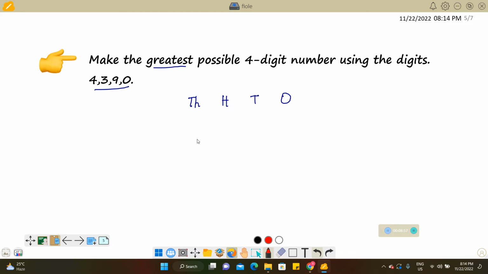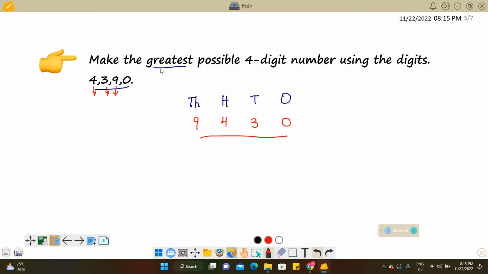What should be the thousands place? To know that, we have to look at these digits and compare them. What is the largest digit here? 9. So 9 thousands makes the greatest number, greatest thousands. And what is the next greatest number? 4. So we have to write 4 in the hundreds place. And what is the next largest number out of 3 and 0? It's 3. So we have to write 3 in the tens place and the leftover 0 in the ones place. So what is the greatest possible number we can make out of 4390? It's